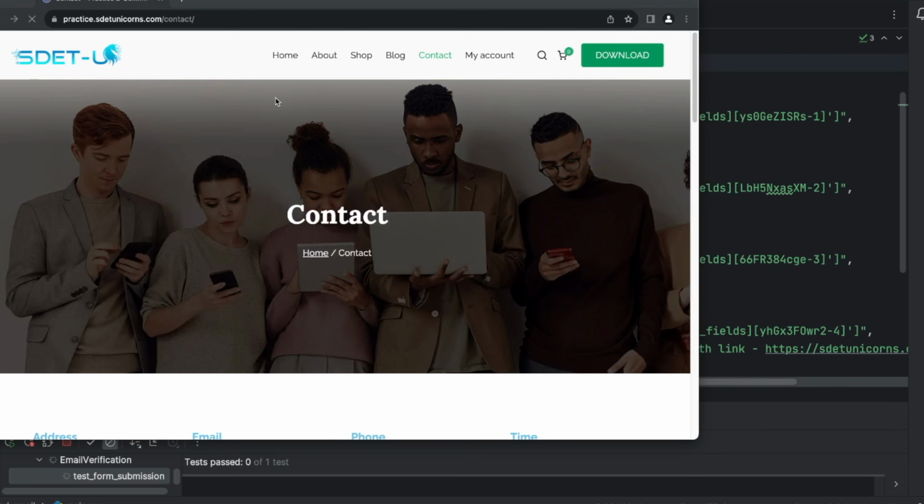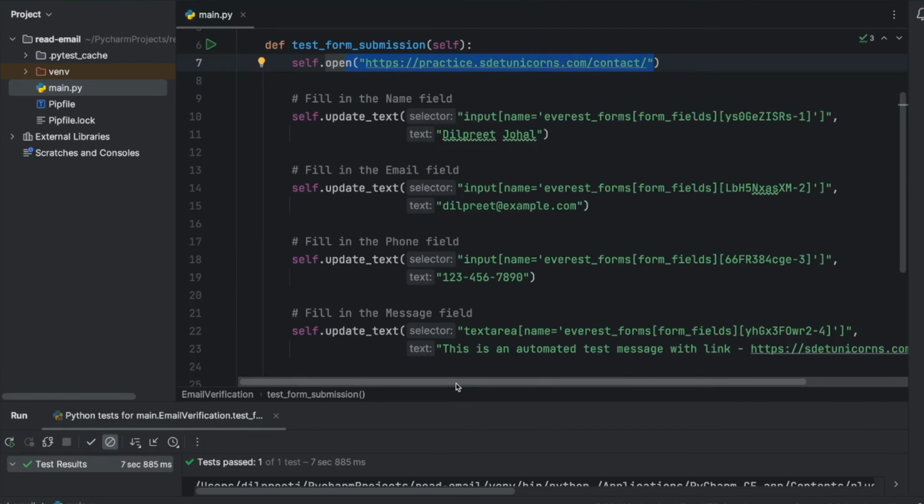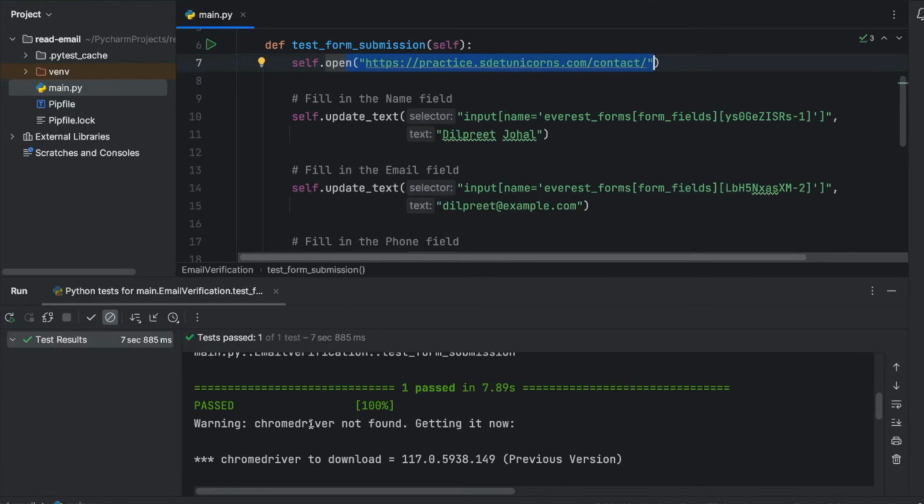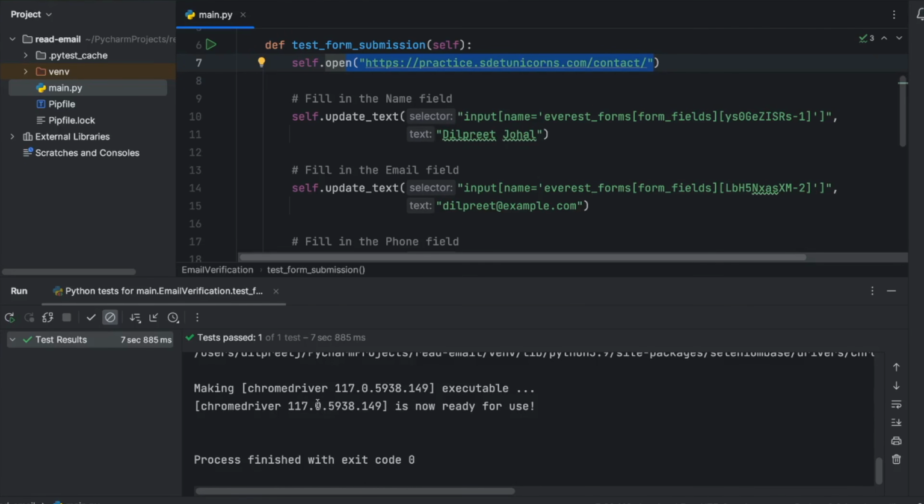There you go. It's opening up the Chrome browser. It's filling out the form, and the form successfully got submitted. And as you can see, we have a success right here. So that's good. Now, the next thing we're going to do is go ahead and check whether that email we